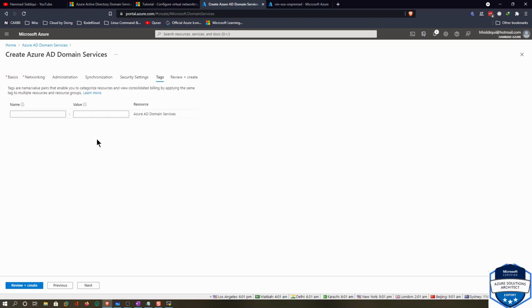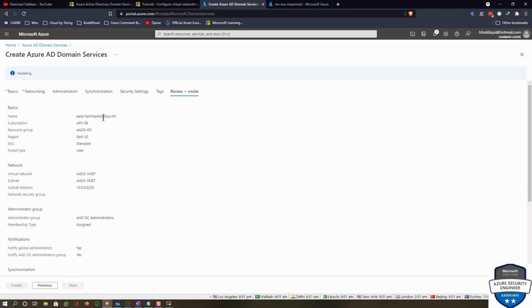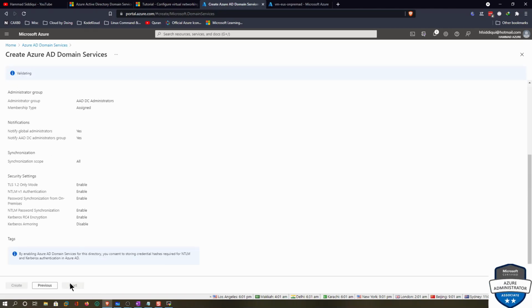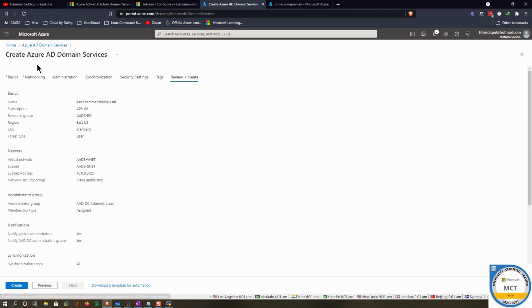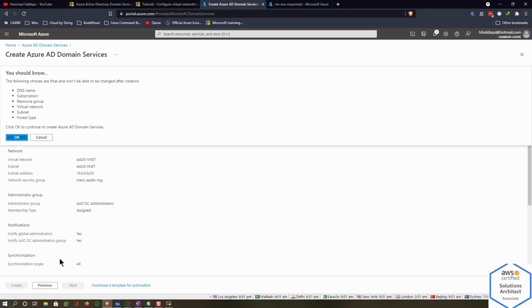Click next, tag, and then this is all the details. And then the validation is passed. You hit create. Once you hit create, this information will not change. DNS, which is AADS.hamadsiddiqui.ml. Subscription, we already know where it is. Resource group, we created. Network group, we created. Subnet, we gave them. And forest name, which is